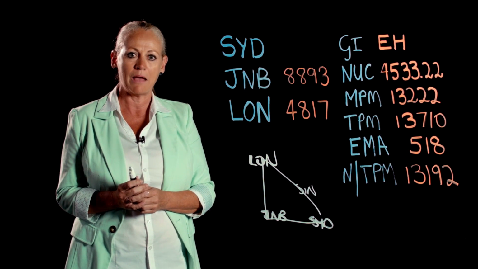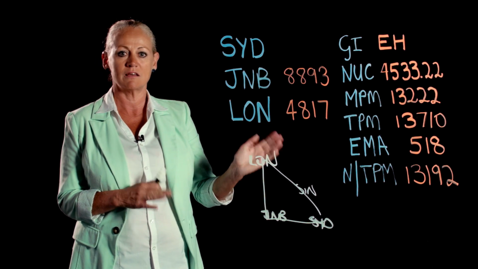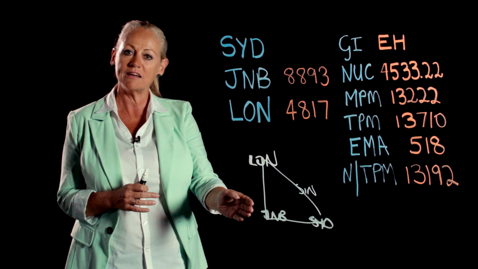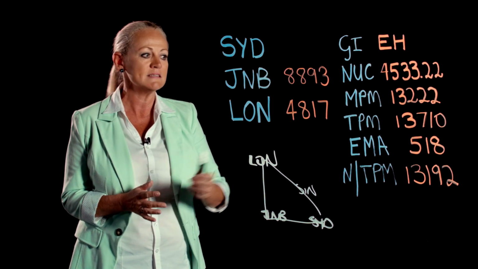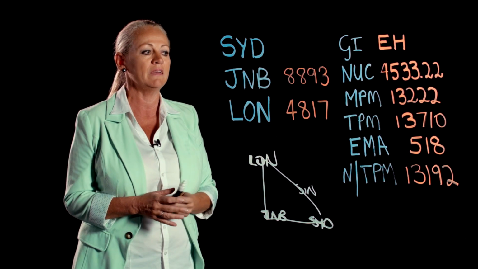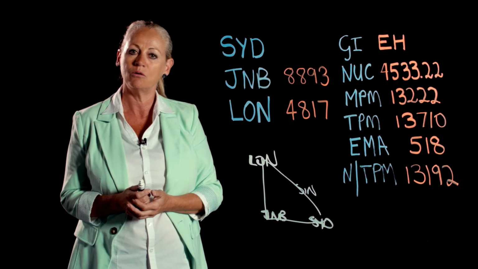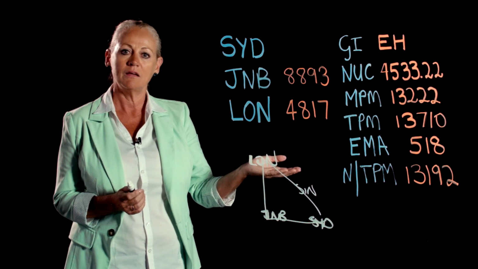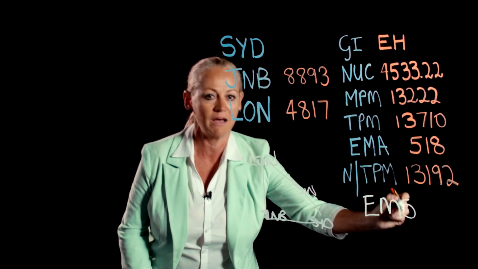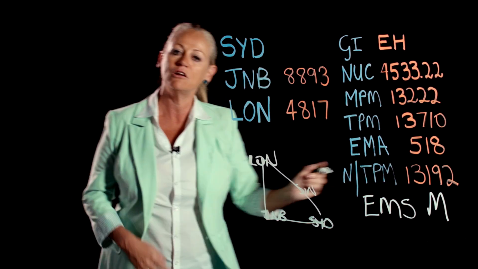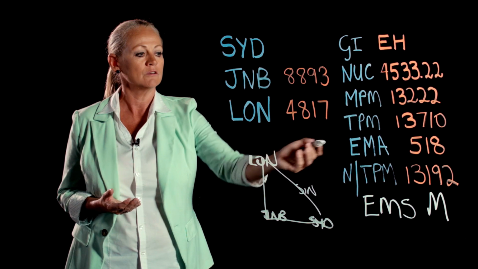So looking at your notes under EMA, which is excess mileage allowance, I look at the chart and it says for travel between Australia and the UK and Europe via Johannesburg, I'm allowed a deduction of 518 miles. So what that means is I can deduct 518 from my TPM of 13710, and I have a new TPM of now 13192. My new TPM is lower than my MPM. So the next step was normally working out, have we got an excess mileage surcharge? And in this case, it's in on miles. Our new TPM is lower than the MPM,